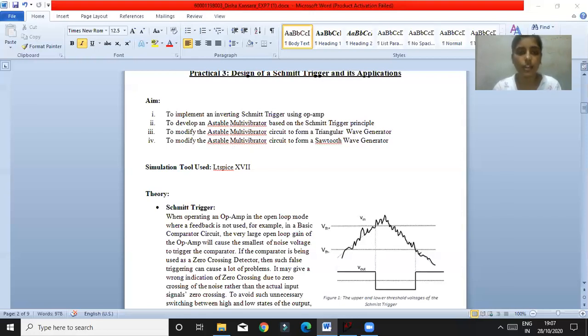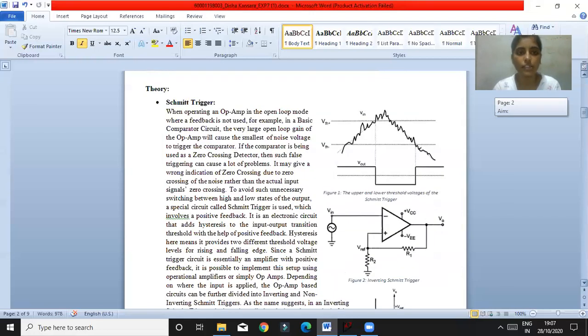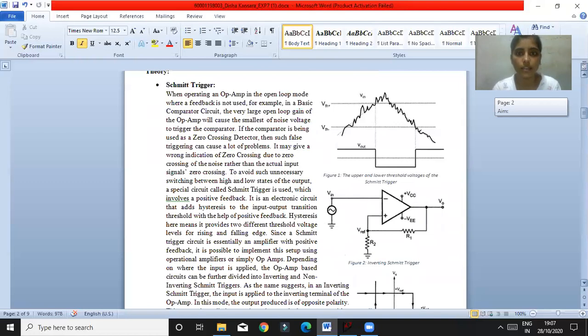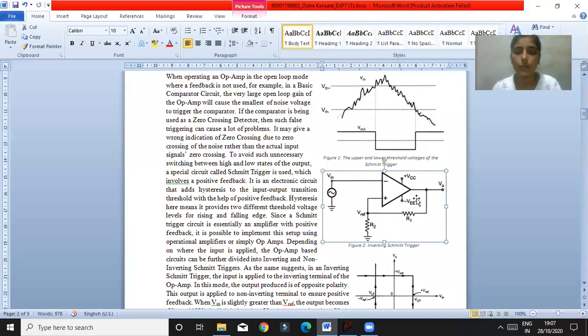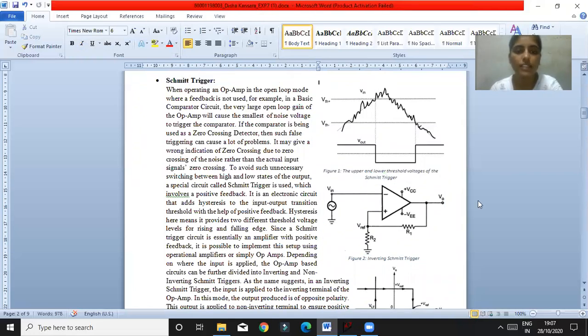First of all, we see the Schmitt trigger operation. This is the circuit of the inverting Schmitt trigger. The Schmitt trigger is an electronic circuit that adds hysteresis to the input-output transition thresholds with the help of positive feedback. Hysteresis here means it provides